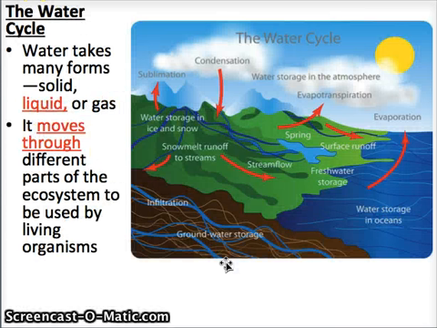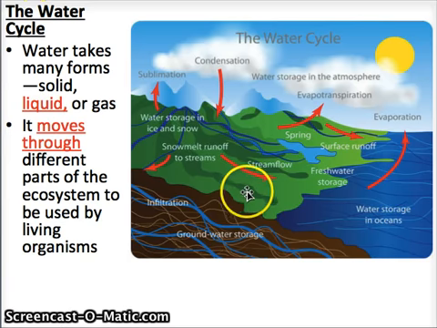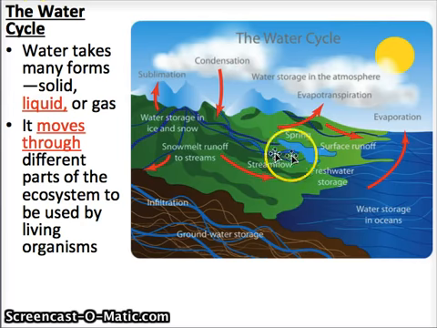Now let's talk about one type of matter that's really, really important to all living things. This is water. We have this cycle in our world called the water cycle. And basically, it's the way that water gets recycled throughout different ecosystems so that all living things will have access to this water, okay? And this is a picture of the water cycle. You're going to have to know each part of the water cycle and understand and tell me how water gets recycled through different forces, okay?